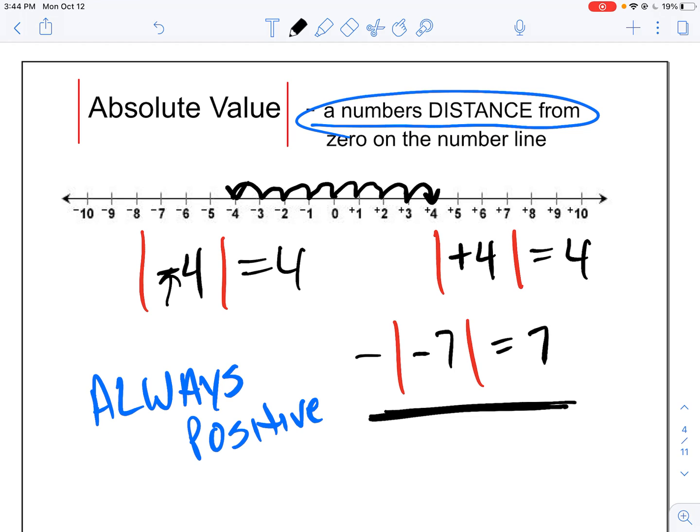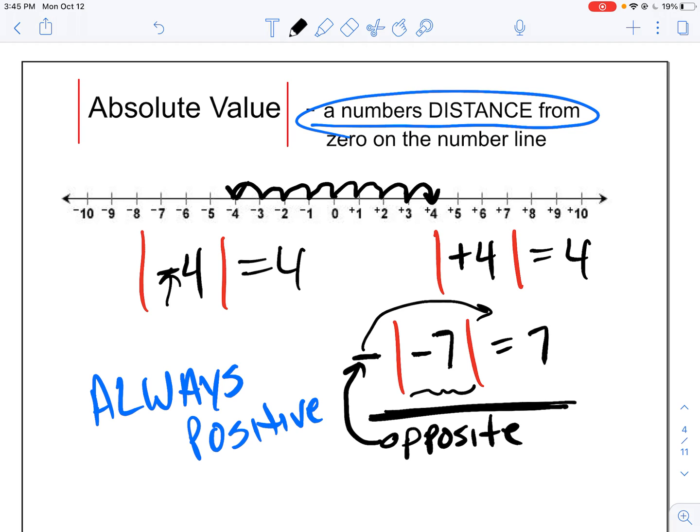What if I put one on the outside? This one on the outside has that definition of opposite because it is outside the grouping symbols. So this is an opposite sign. So if I were to read this, I would say the opposite of the absolute value of negative 7. Well, I know that absolute value of negative 7 is 7, and now I'm just going to take the opposite